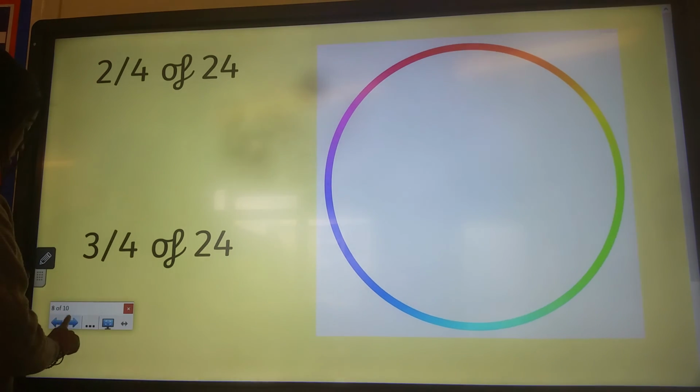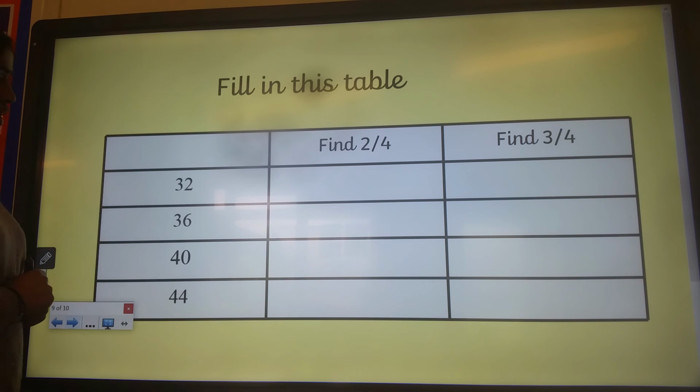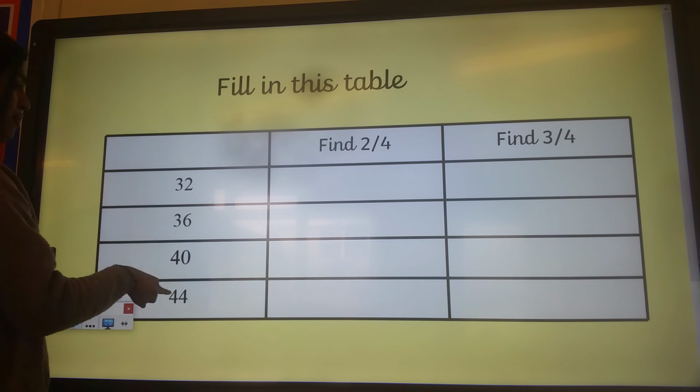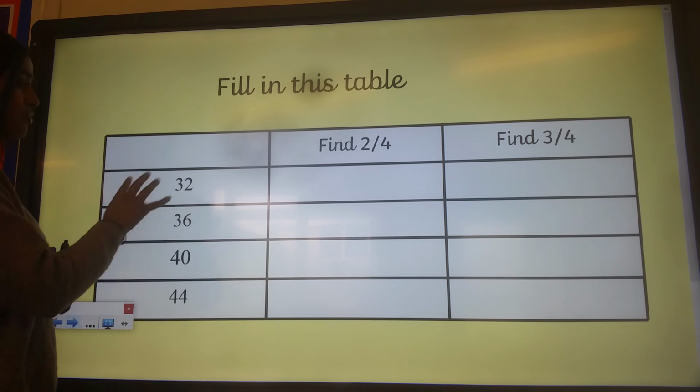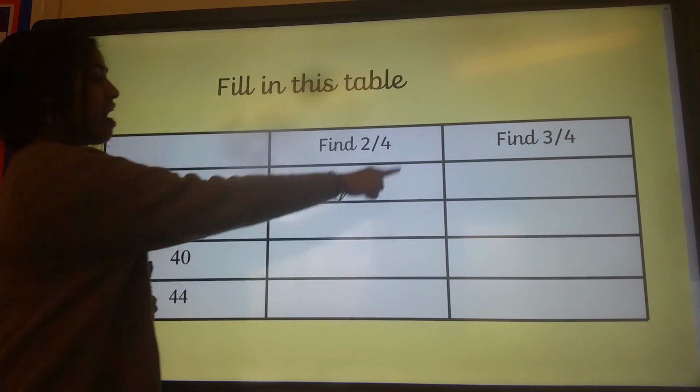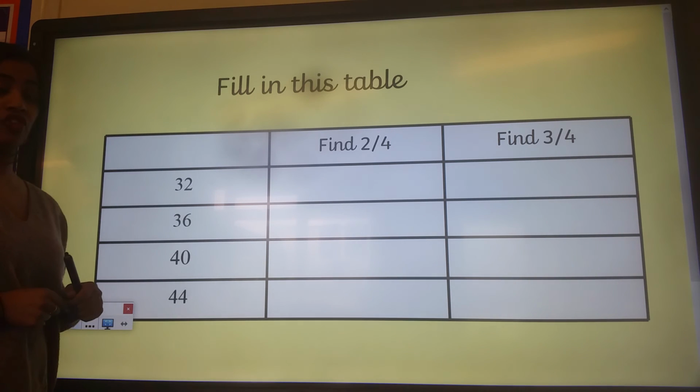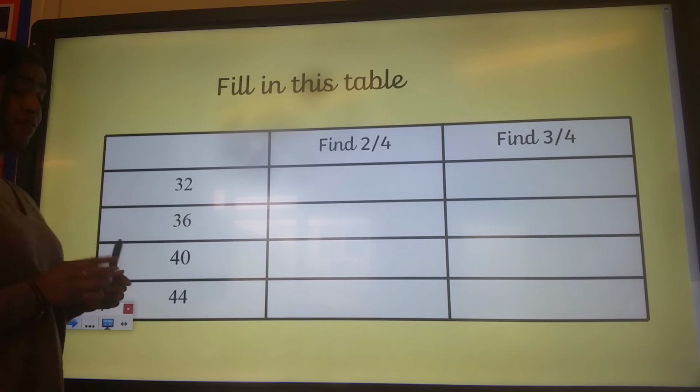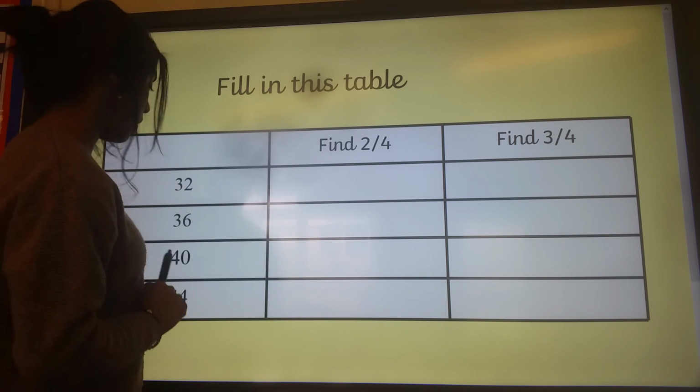Now, I want you to have a go at this without my help. You've got 4 numbers here, and you need to find 2 quarters of each number and then 3 quarters of each number. Don't forget to show your working out, and don't forget to post any home